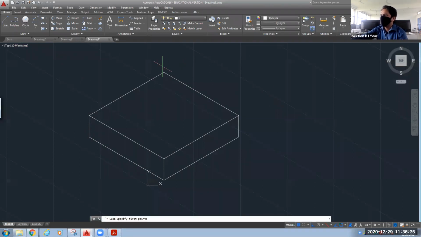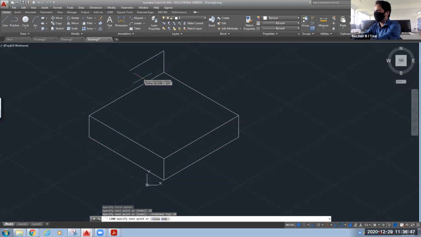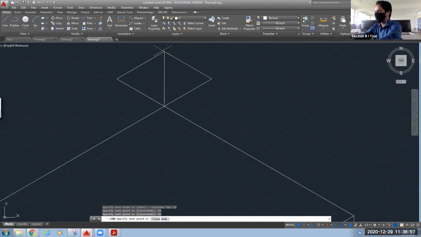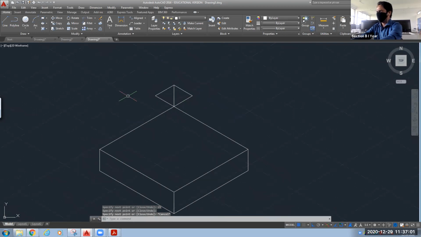Go to the line command. I want to build one box of 25 dimension. Okay, one cube. 25 on this side, 25 on this side, 25 on this side, 25 on this side, and close it. Yeah, close it.